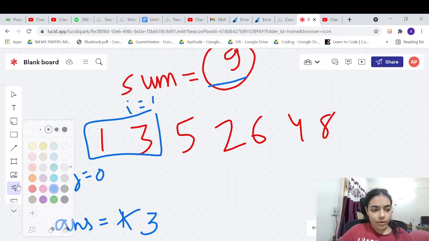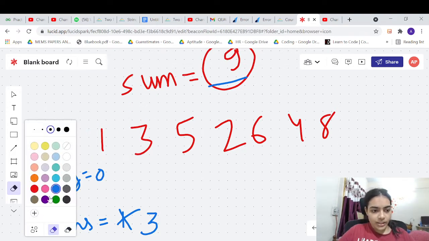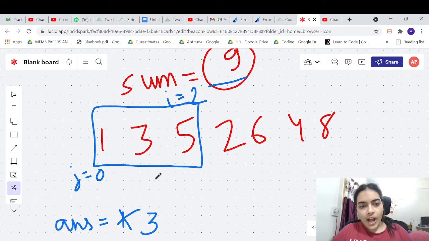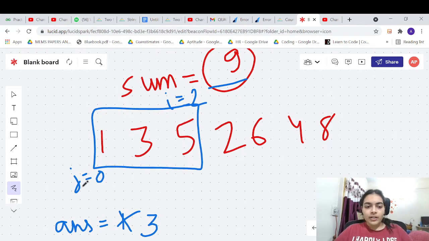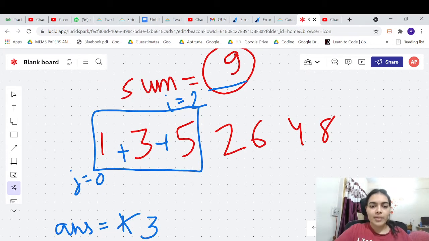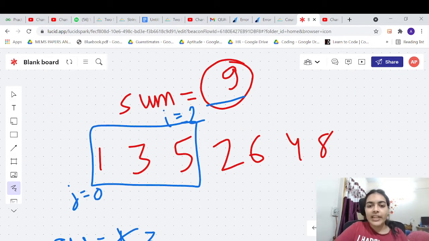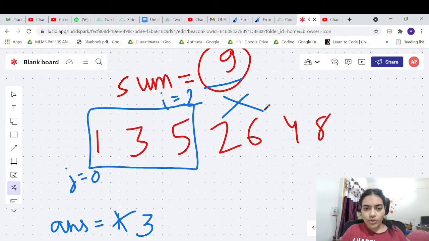Now let's go to the next possible value. Now i is equal to 2. So in this case, i is 2, j is 0. The starting point is this and the ending point is this. Now, what is the sum? 5 plus 3 is 8, 8 plus 1 is 9. So the sum is 9. Now, 9 is equal to 9. We don't want a sum equal to 9. We always want our sum to be less than 9. This is a threshold. You should always be below 9. So if your sum is 9, can you consider this subarray? Is this a part of our answer? No, this is not a part of our answer.